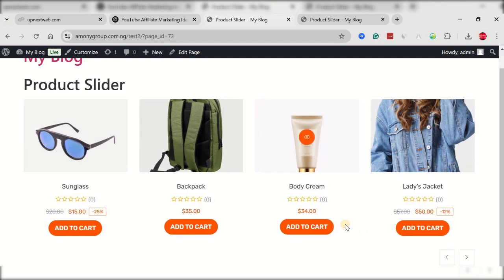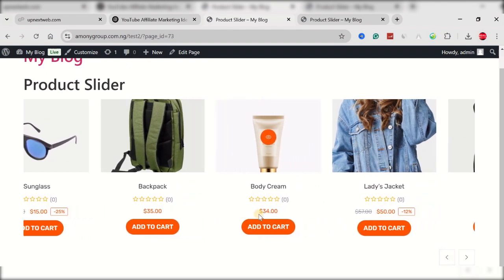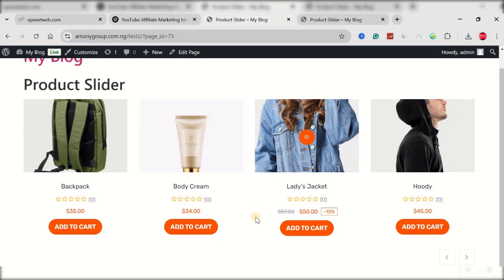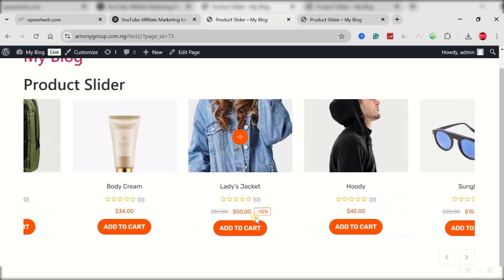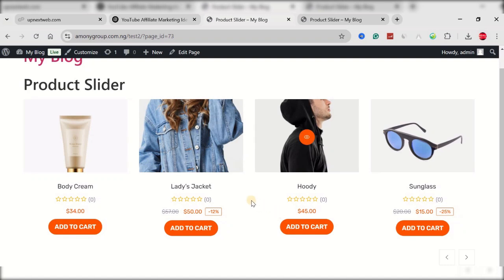So that is it on how to add our product slider to your